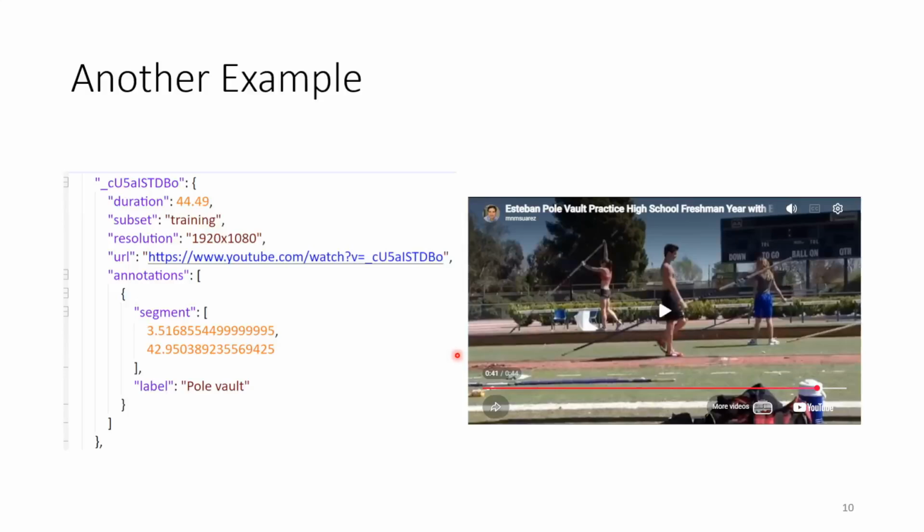Okay, but however, you can see there's another problem. Suppose you have a label pole vault. Then how do you label what is the beginning and the end of this action? I think that's the issue, right? Because you're saying you don't have classes, but you're implicitly defining classes when you define the training data. Like you said, right? Like pole vaulting might be just the jumping over bit, it might be the running. That's right. You have to define the class in some way. That's right.